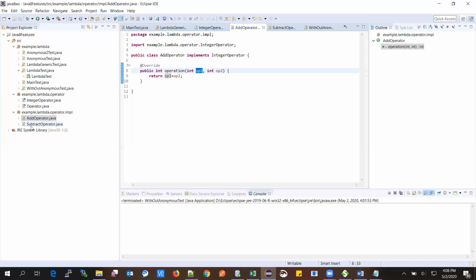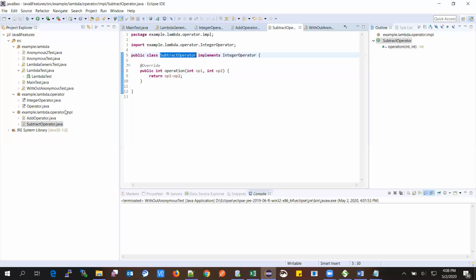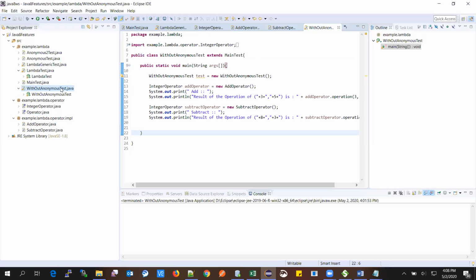Then in SubtractOperator, it is the subtraction of operator 1 minus operator 2. In future, if I want to have one more operator, like a multiply operator or divide operator, I need to have that many classes. So that is without anonymous classes. First we see how we used to code without anonymous classes.